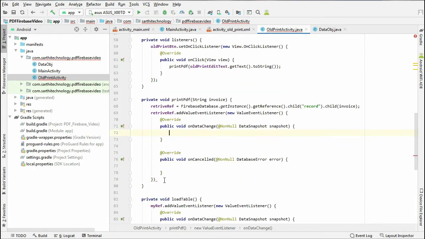First put semicolon here, and now we need to write code here.